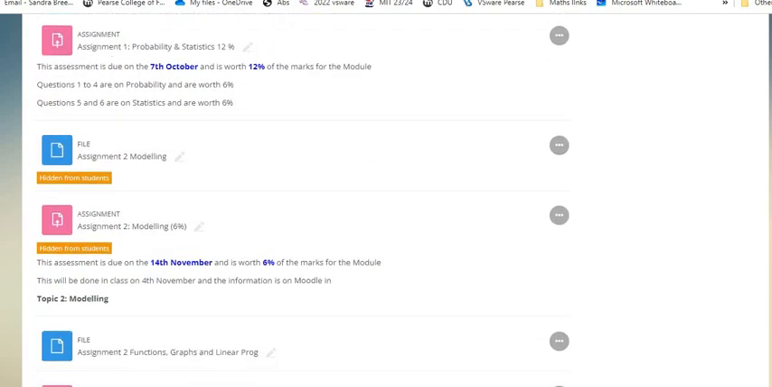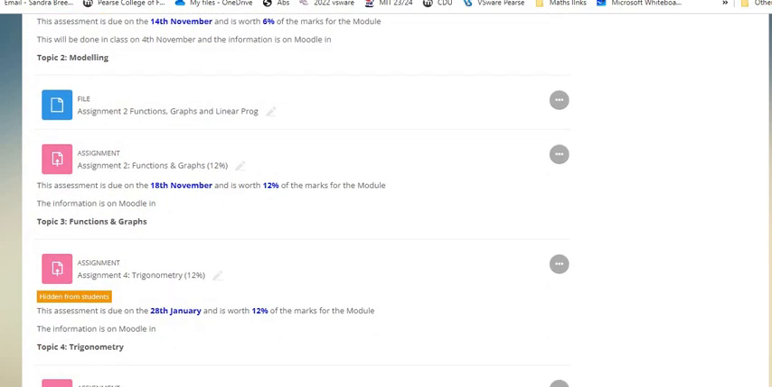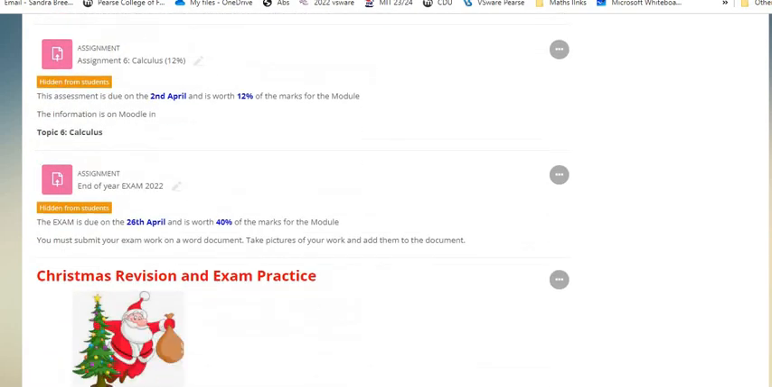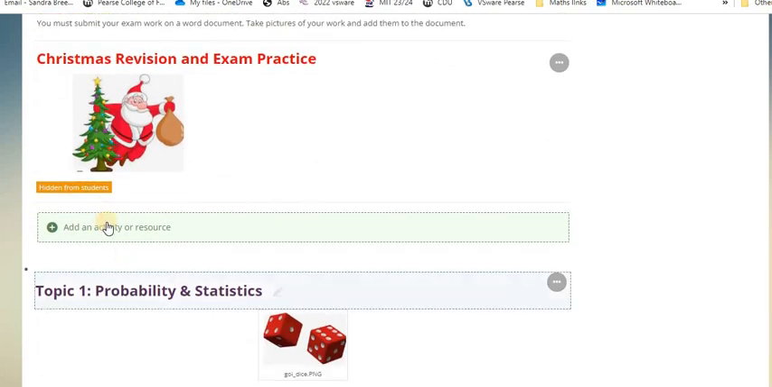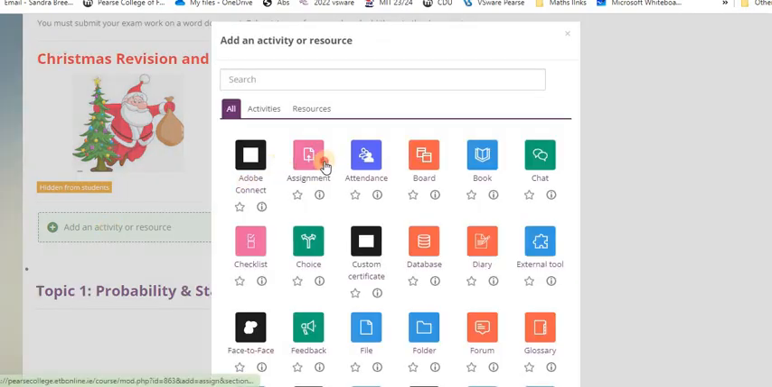Now, as normal, you can hide assessments, so you can have all your assessments set up and then just unhide them as you need to. So to add a new assignment, you go to the end of the section, click on Add an Activity or Resource, click on Assignment,